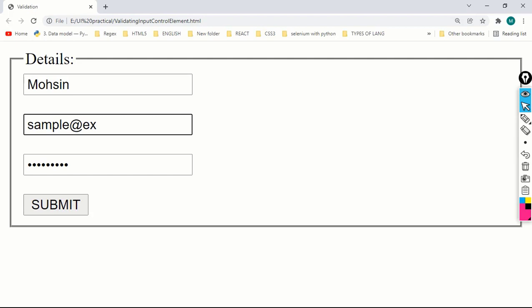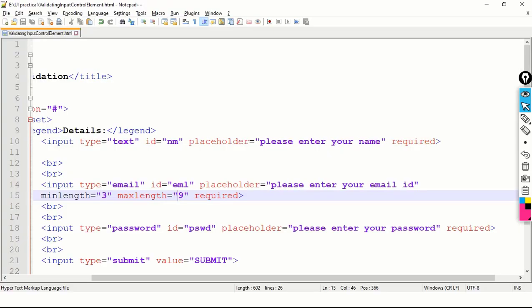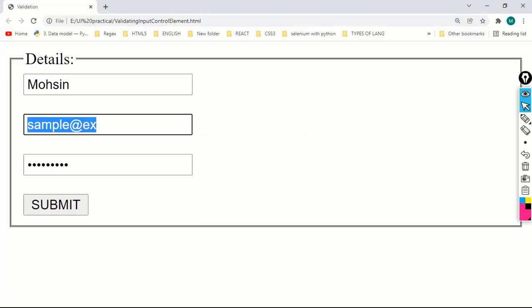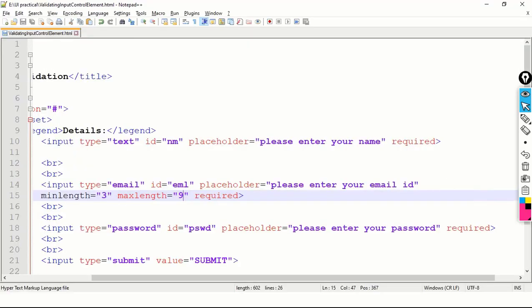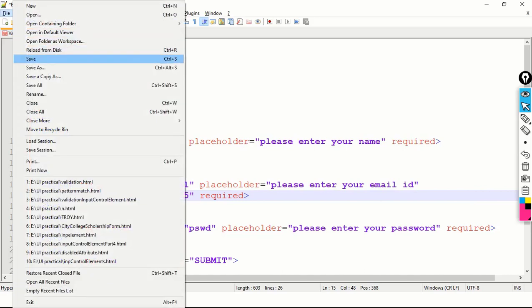The reason is 1 2 3 4 5 6 7 8 and 9, total 9 characters, and in max length I have mentioned that it should be 9 characters, so more than 9 it is not allowing. Now I will change it to 15 and save the code.